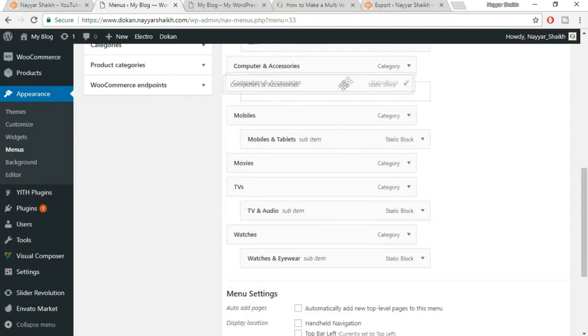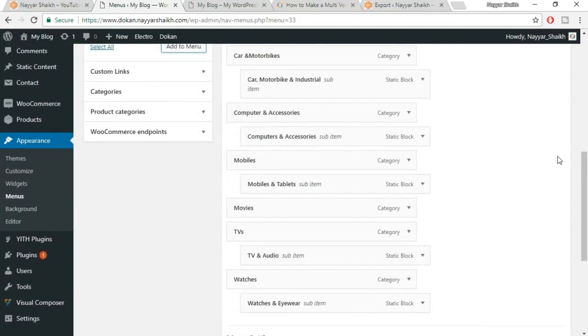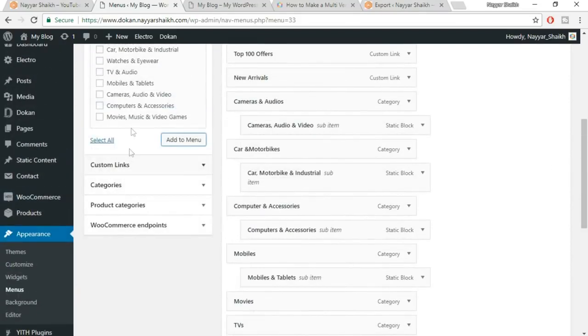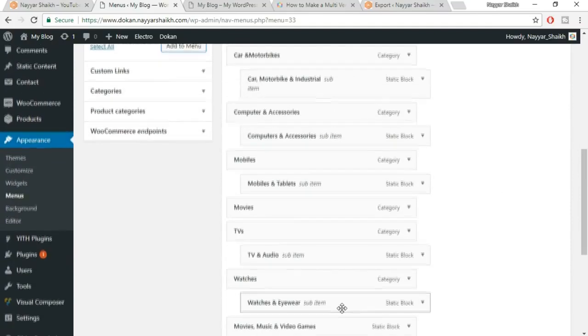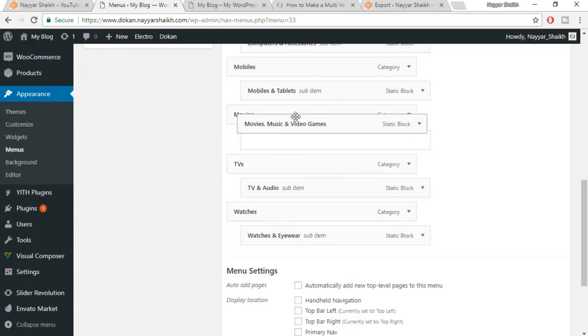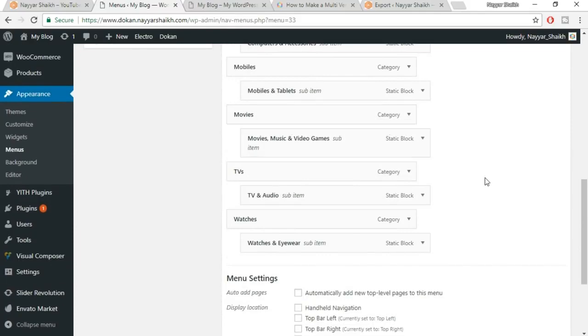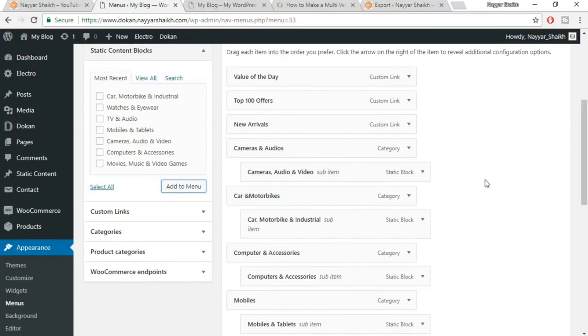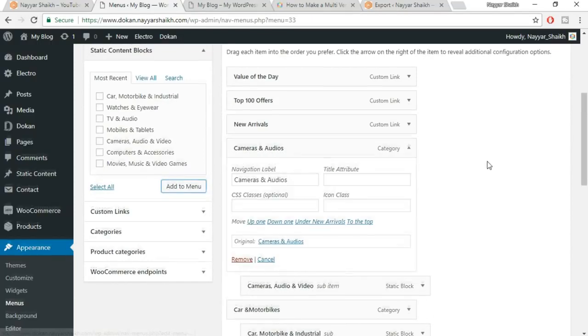Computer and accessories will come under computer and accessories. Okay. Then we have movies and so on. So it will come under movies. Okay. Now after this, the work is not done yet. Now what we have to do, you have to select this top one, the category one, open this thing, and